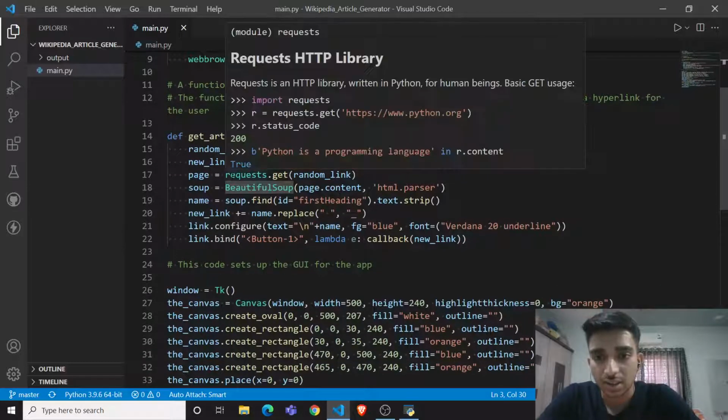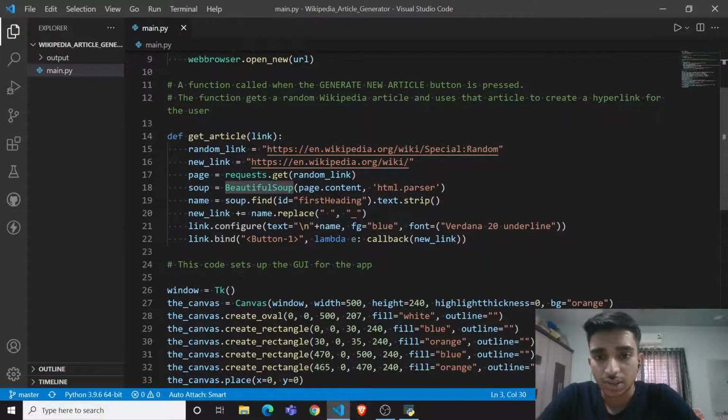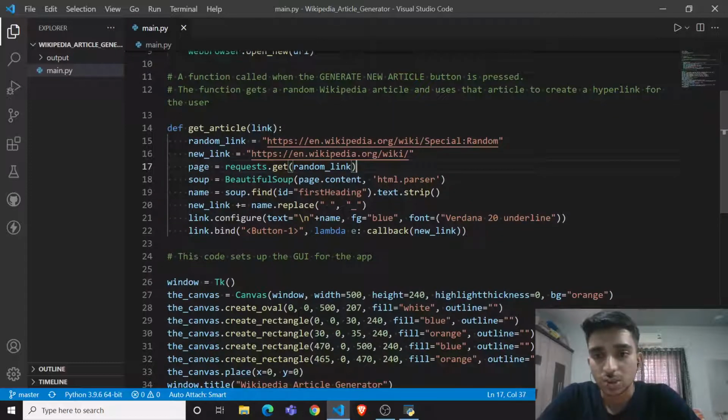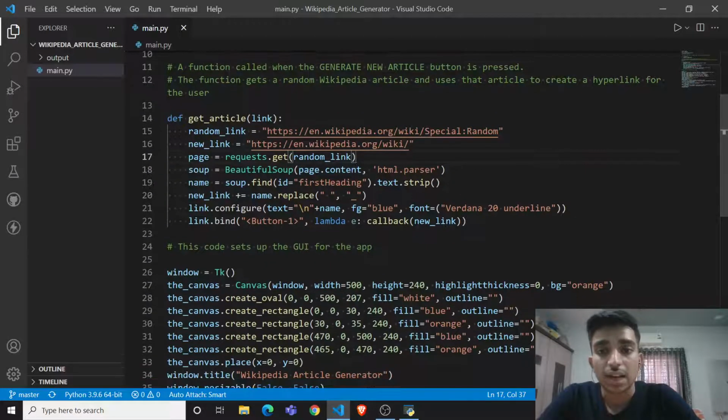Then through requests.get, it requests the content of the page and stores it in the page variable. Then through BeautifulSoup, we can extract the content, or we can say the header title of the Wikipedia page, and then store it in the soup variable.